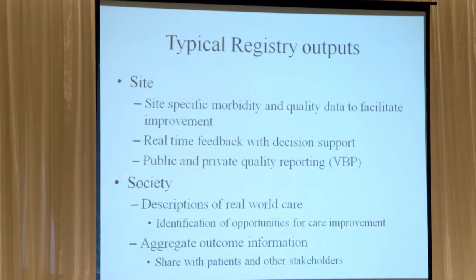So this is a PQRS qualified registry. But there's also societal issues here, and we are using this information to describe real-world care and identify opportunities for care improvement in general across practice sites. And this outcome, the aggregate outcome information will be ultimately shared with patients and other stakeholders, and we won't be